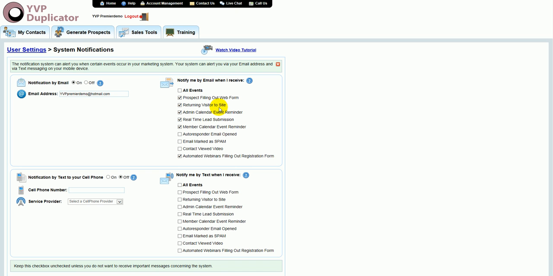So she has gotten an email, she clicked on it, she went back, maybe to watch the video again or to reread some information on the website. You get notified about that in real time. Now, you can use either your iPhone or your Google app to log right in and grab Sue's information. You can use any computer or iPad to log in here at the YVPglobal.net site